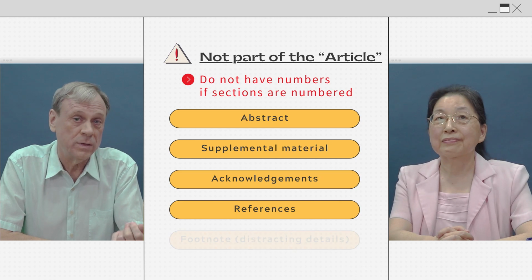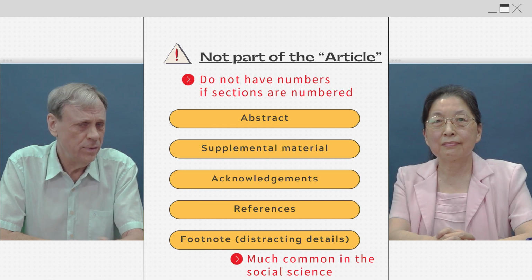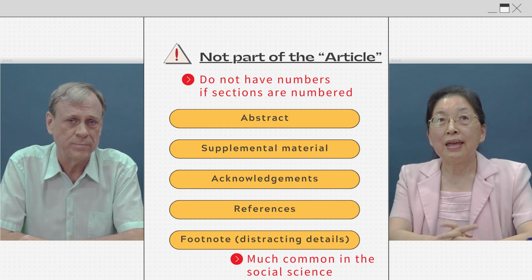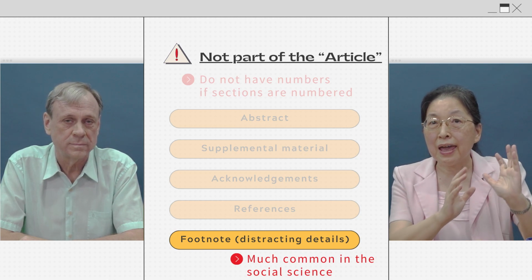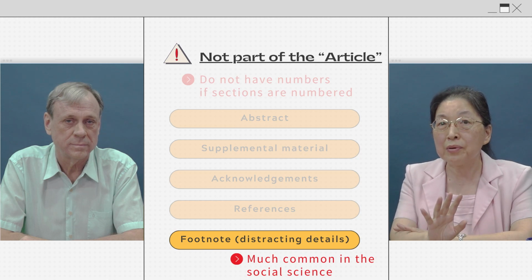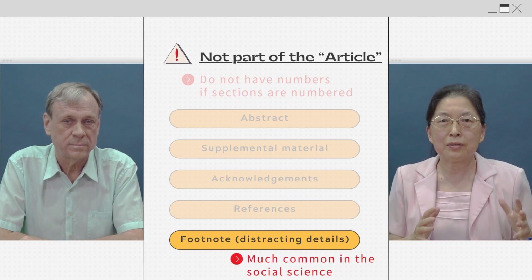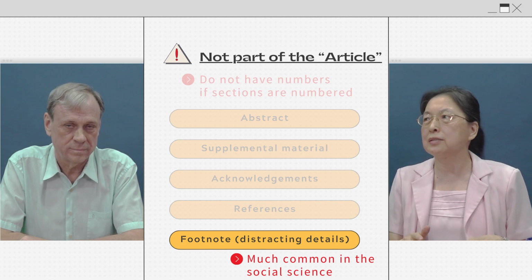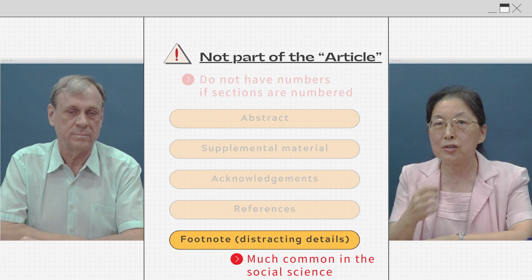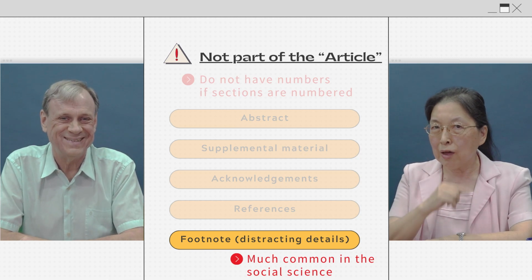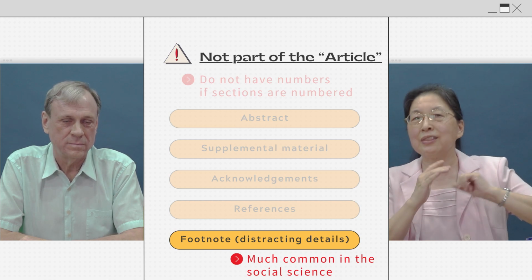And in some fields, you also have footnotes. Now, again, those are much more common in social science, but very rare in science and engineering. In a footnote, we are actually trying to tell other expert readers that we are really familiar with a lot of the details of this research, but we don't want to burden the common readers with all the minor details. So we put them there to show I am knowledgeable, I know what's going on, but it's too detailed, so I put it in a footnote.